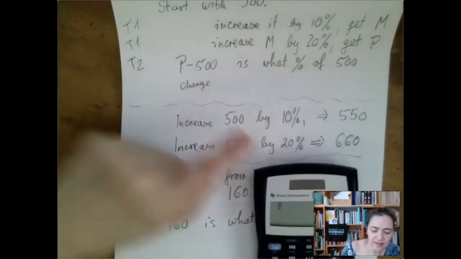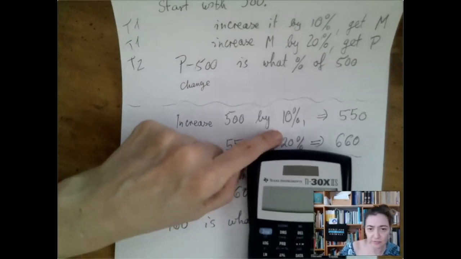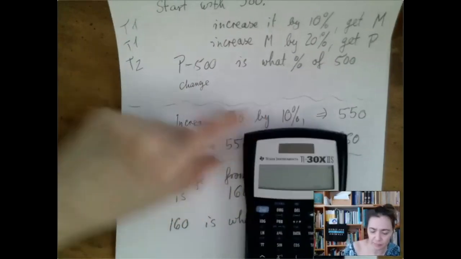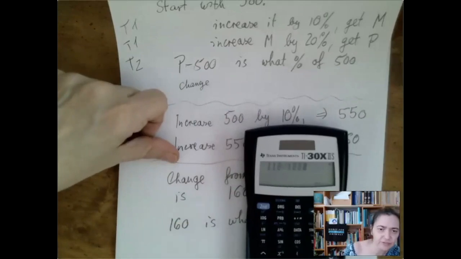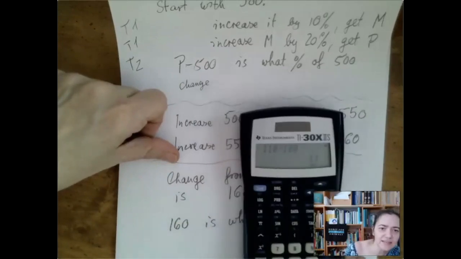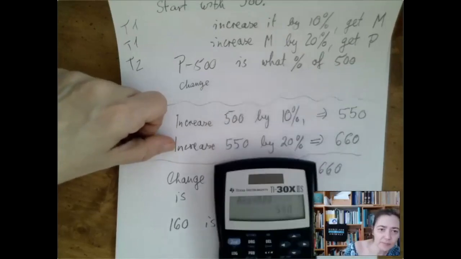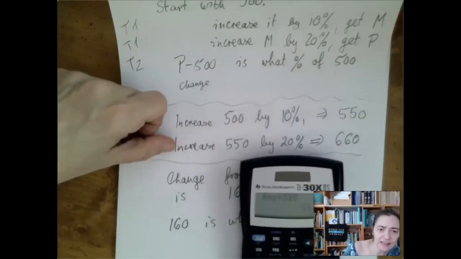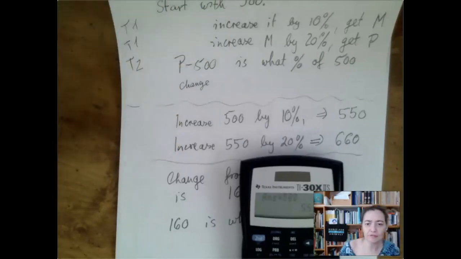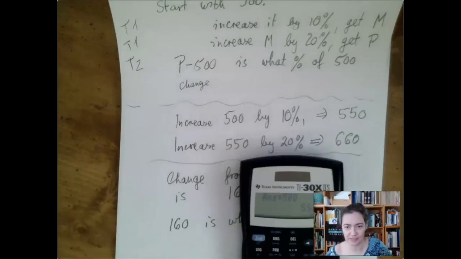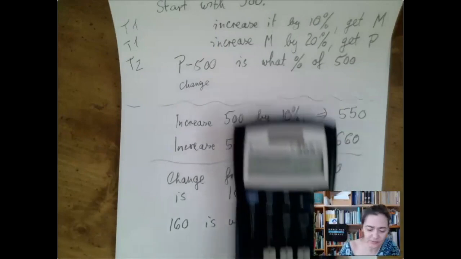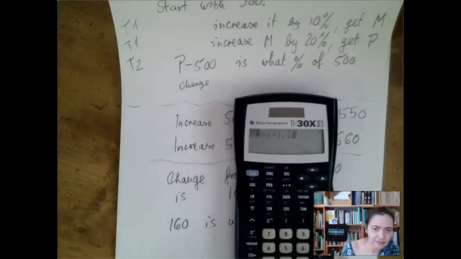Take 500, that's 100% of itself. Add 10%, now it's 110%. And 110%, you're not going to need to punch this in a lot. This is 110% as a decimal. And then we want to increase this number by another 20%. That means we want it to grow from 100 to 100 plus an extra 20. That's 120%, right? 120% as a decimal is 1.2. So if I just multiply it by 1.2,